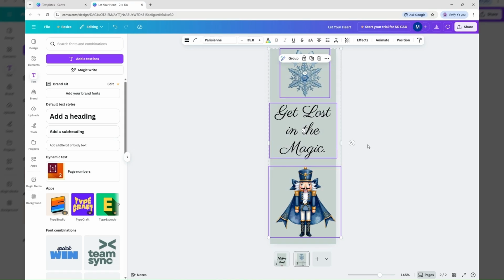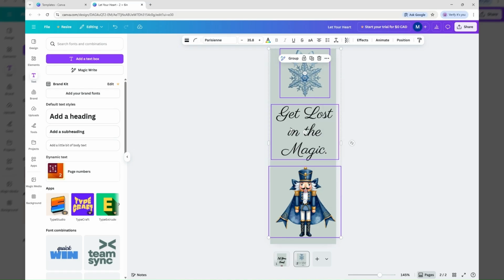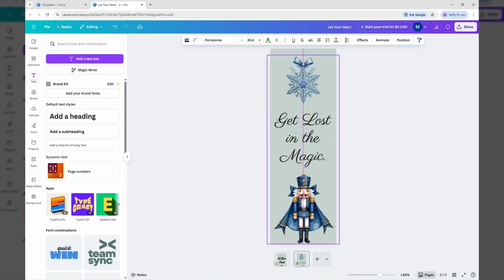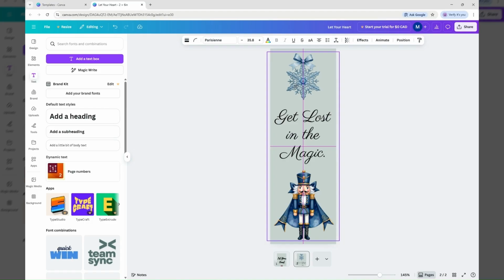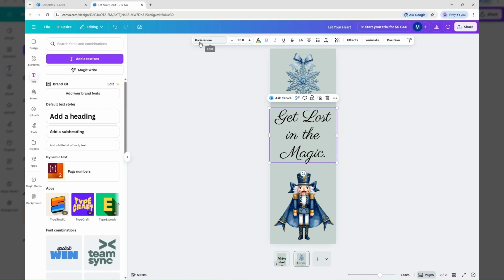And if you want to make sure that the spacing is even, you can just do this and say tidy up, and it will put everything together. And let's just go ahead and move that here to the middle. So everything's in the middle now. Now I want to center this top to bottom. So I'm going to actually put this in a group, and I'm just going to move this until it's in the middle. Okay, now I'm going to ungroup it